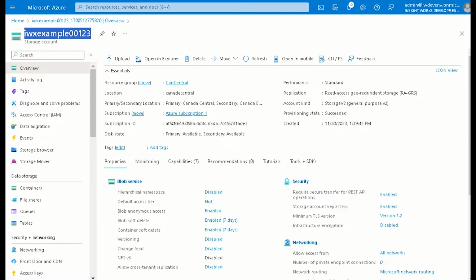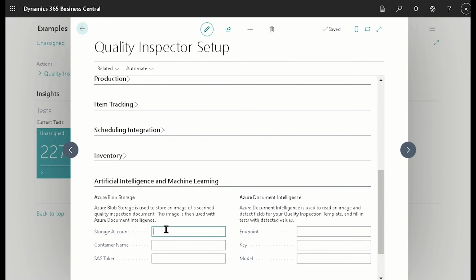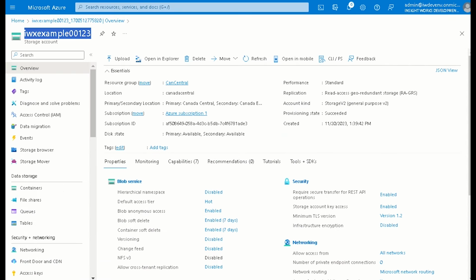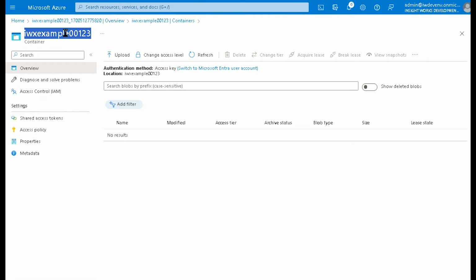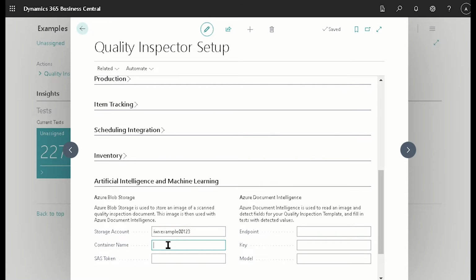So we're going to put in this example storage account in here. The container name is going to be the container that we just created. So we're going to navigate back, go to our containers. We gave the container the same name. So we're going to put that in there as well. And then the SAS token that we just created, we're going to paste inside of here.